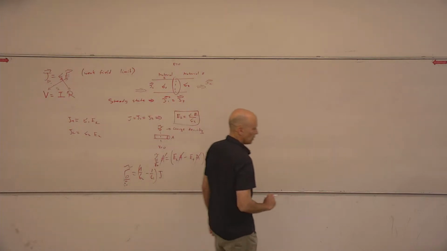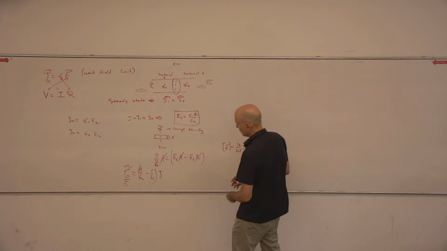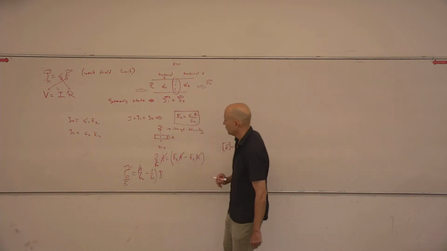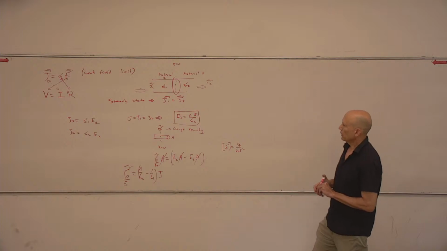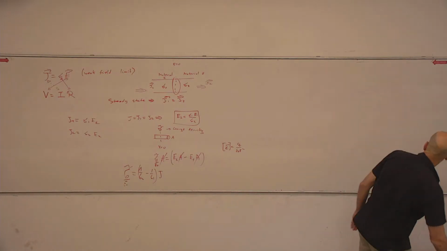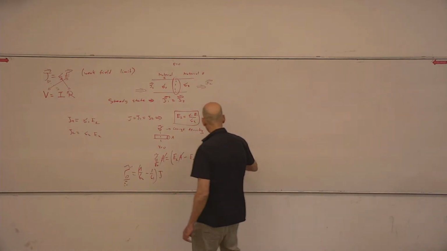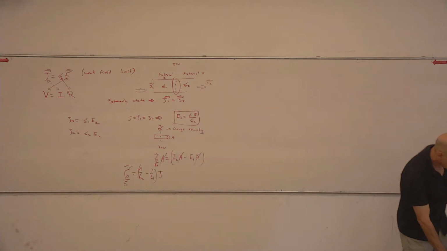Yes, this is what you said. You want to multiply it on the other side. Yeah, so here I have epsilon 0 and here I have epsilon 0. Thank you. So, okay. So now,